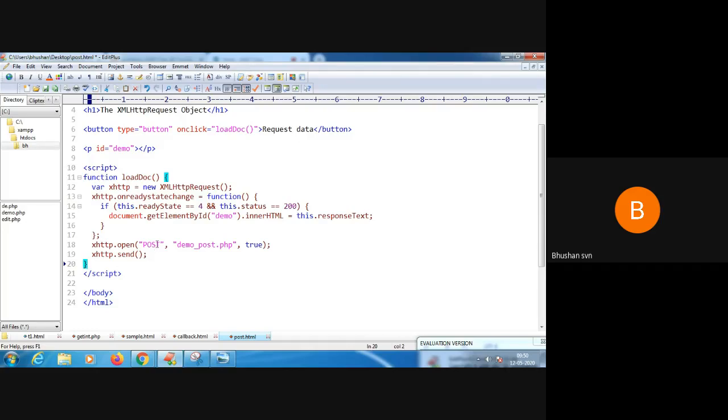If you are writing a get method, just write that, and in the place of the get method, if the post method is used, the output will be the following. That is sufficient when you write the code.